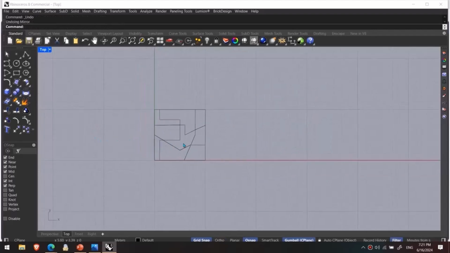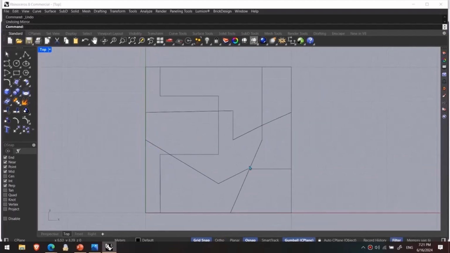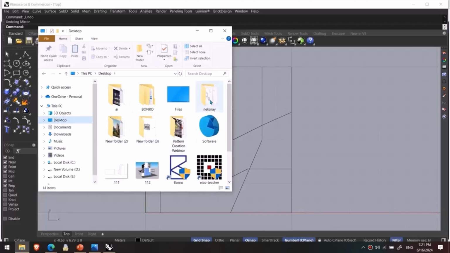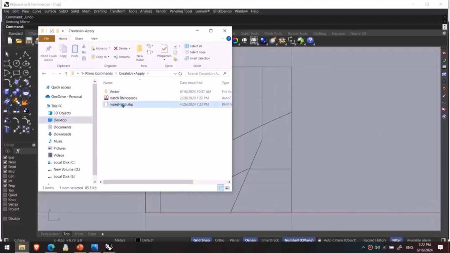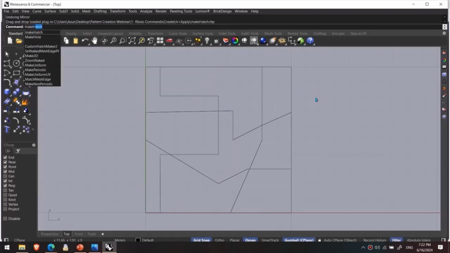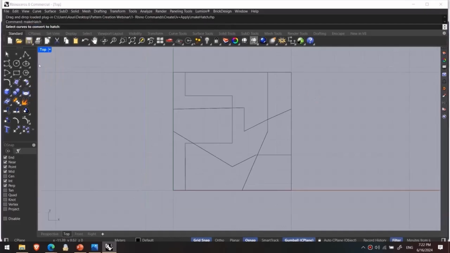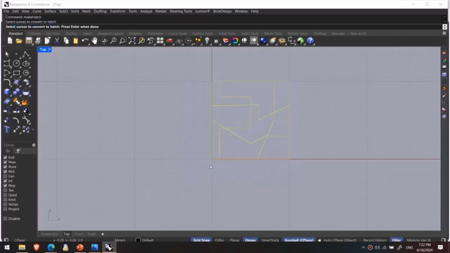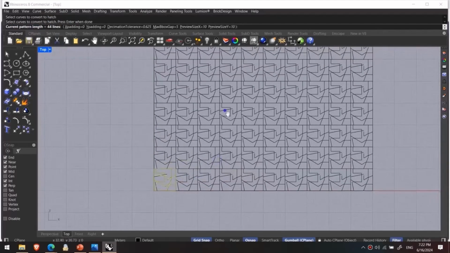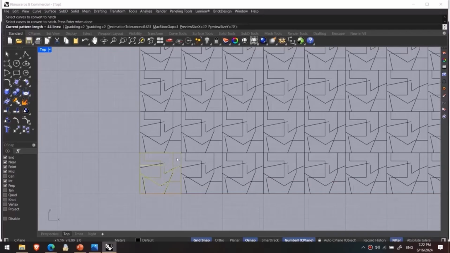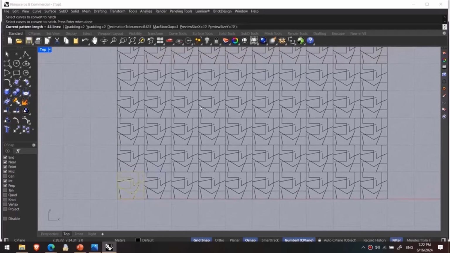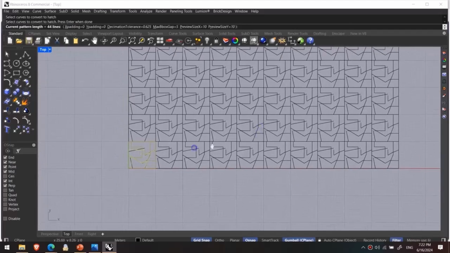But if you were unsatisfied with the result, you can change them. For instance, you can make the lines aligned or parallel, and make the curves meet each other when duplicating them. Here there is a plugin that I will give you the file, which is make hatch. If I drag it and then drop it into Rhino, then we can start the command of make hatch. We need to type it, then select the curves, pressing enter, and then we'll have a preview of the hatch. As you can see, the hatch is arrayed,